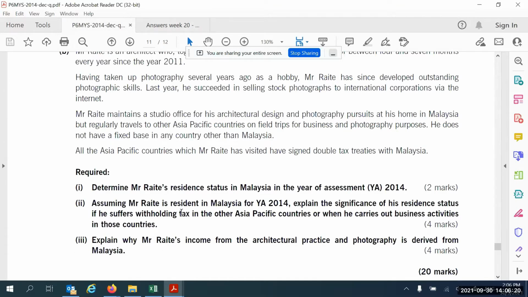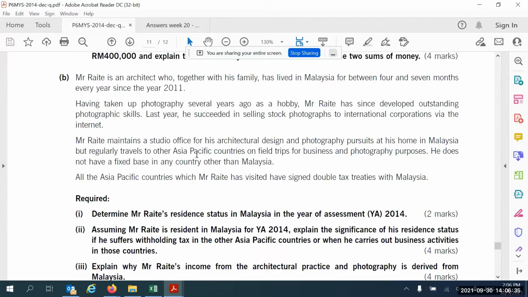Okay, now 3 is more relevant. Now, how do I get the 4 marks? Business income derived from Malaysia. So we are going to look for clues. Now you cannot say he's a resident, so it will be derived from Malaysia. Don't ever write like that. Now, one of the main points is that